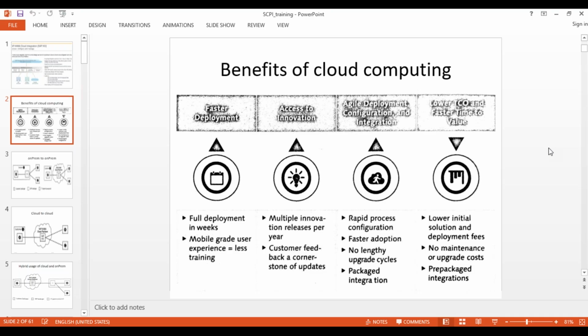Because the customer has no need to invest upfront. Rather, he can just pay on a rental basis. If you stay in a rented house, you pay monthly. In the same way here, the customer will pay on a yearly basis. And the customer also has a choice to cancel at any point of time. So these are the benefits when the customer is subscribing to the cloud platform.